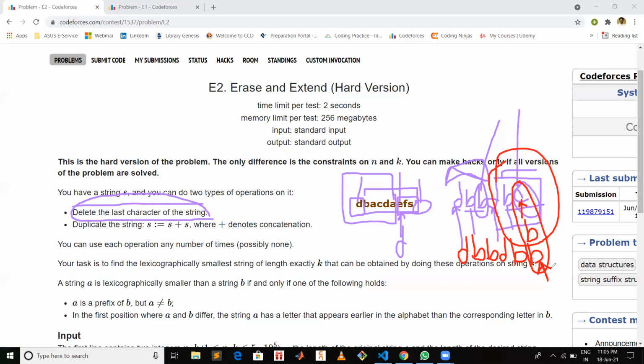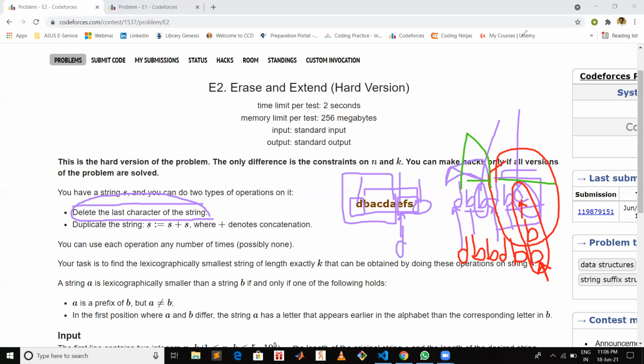And the second case, when you find any character which is exactly equal to your first character, in that case you have to compare the remaining parts to decide whether you can get a lexicographically smaller one or not.